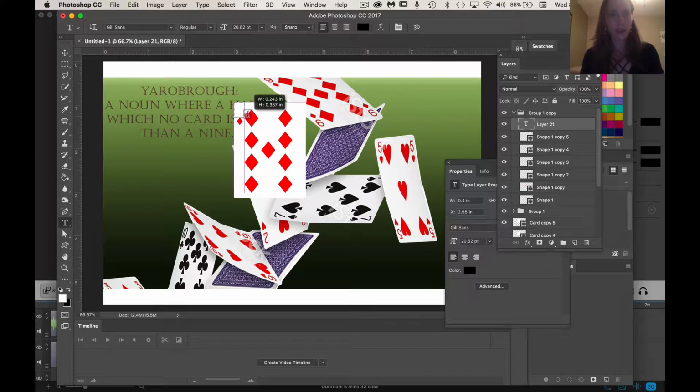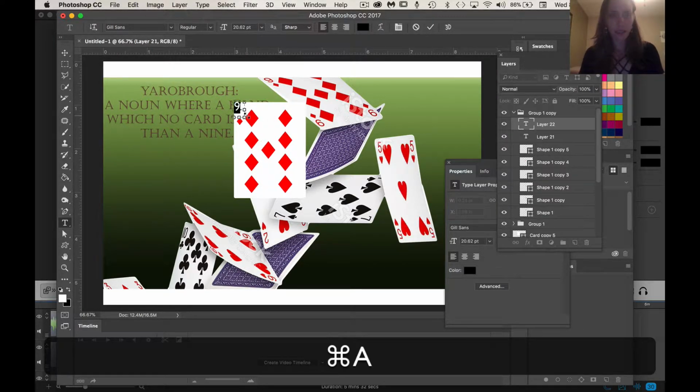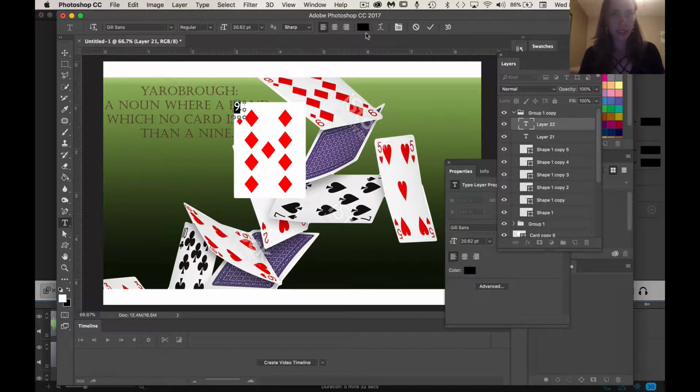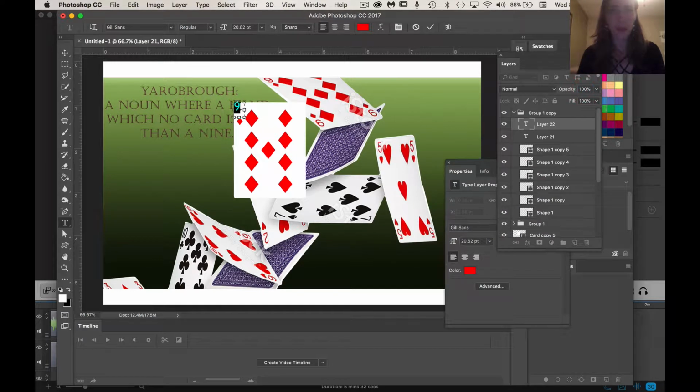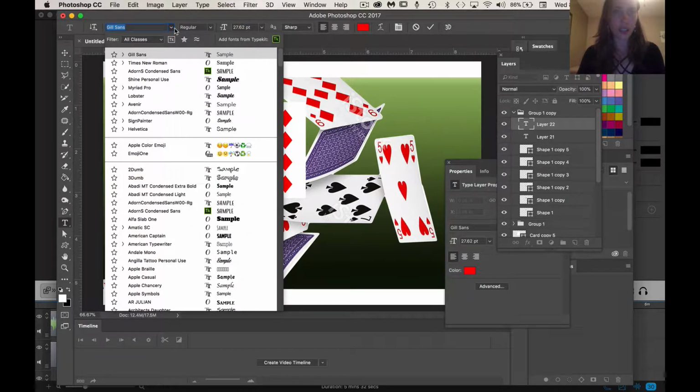And I will click and drag a little box, press 9, select it, change the color to this color. And if it doesn't look quite right, so I'd have to change the font. But I can just make it about the right size. And then if I want to change it,